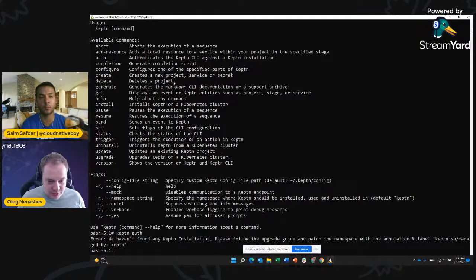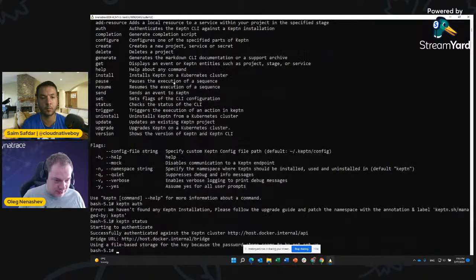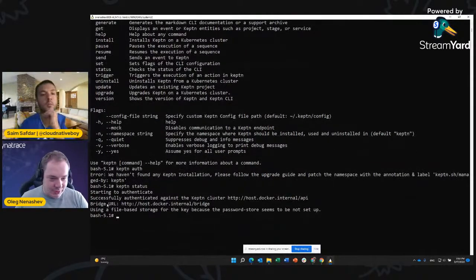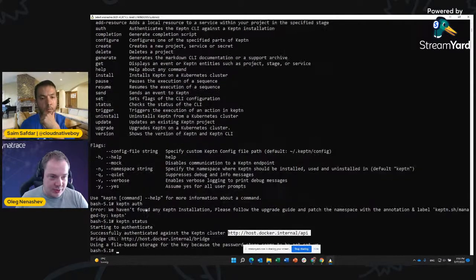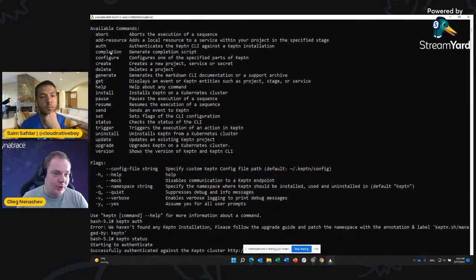What? That's interesting. Okay. So maybe it's a glitch because it was unable to find the integration, but then it was able to authenticate. So here we can see that there is a command, Keptn, which is running, which has all APIs needed. And we can actually check some other commands. But what we need today is